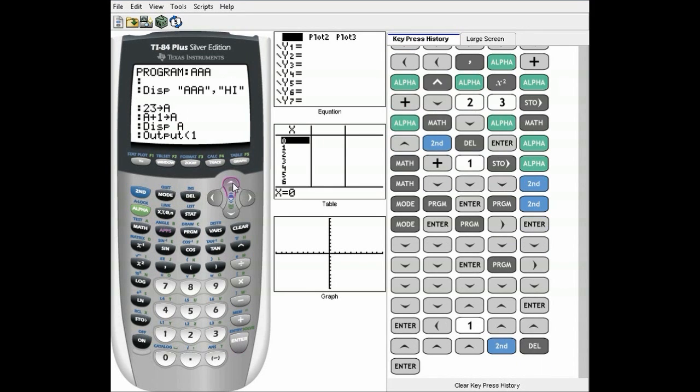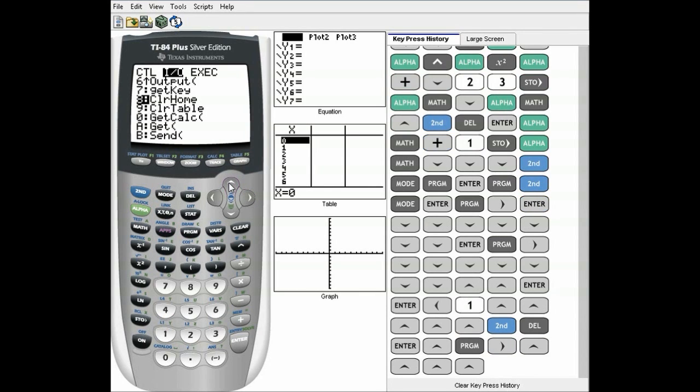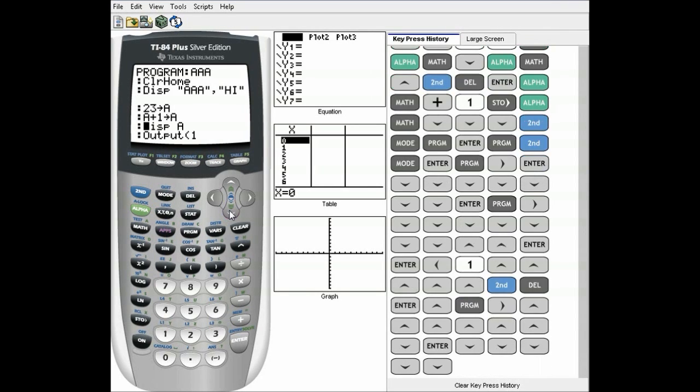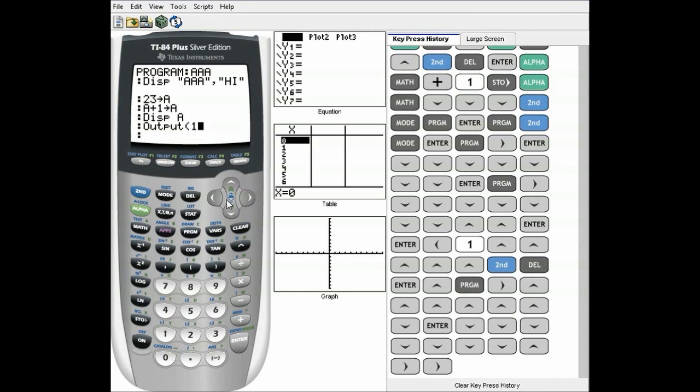So right now I'm actually going to add a clear home. The clear home is in the I/O down toward the bottom. It's number 8. This just completely clears the main screen that you're looking at, so it doesn't have to rewrite over stuff over and over again. You'll see it'll pretty much just write over the program AAA at the beginning, because everything happens after that. Now, you go down, so output, I'm going to put it at 3, because it's going to go AAA